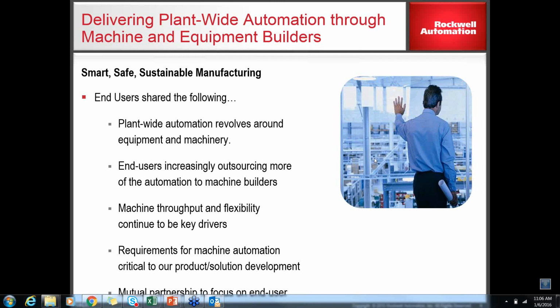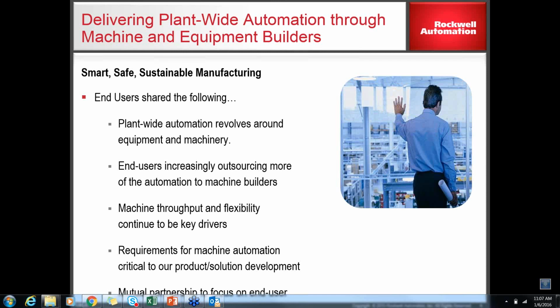So how do we talk about delivering the plant-wide automation to the machine builders and equipment makers? When we talk about plant-wide optimization, we are talking about the complete integration across the line. End users have multiple lines in the plants, and they have to integrate those lines to their MES, ERP, to the top layer of the organization to have a seamless integration.